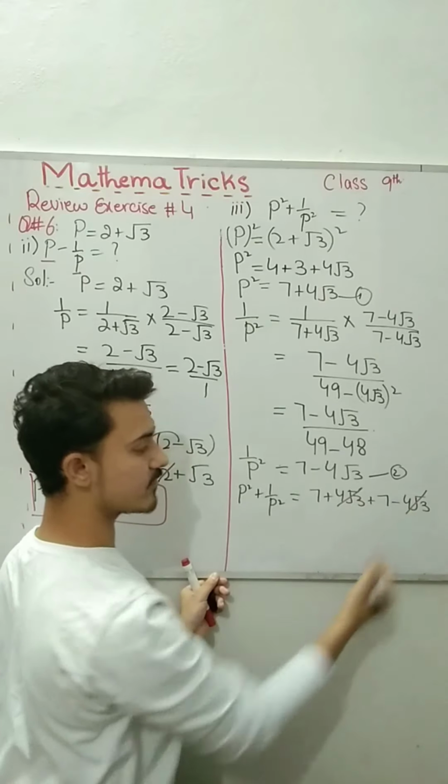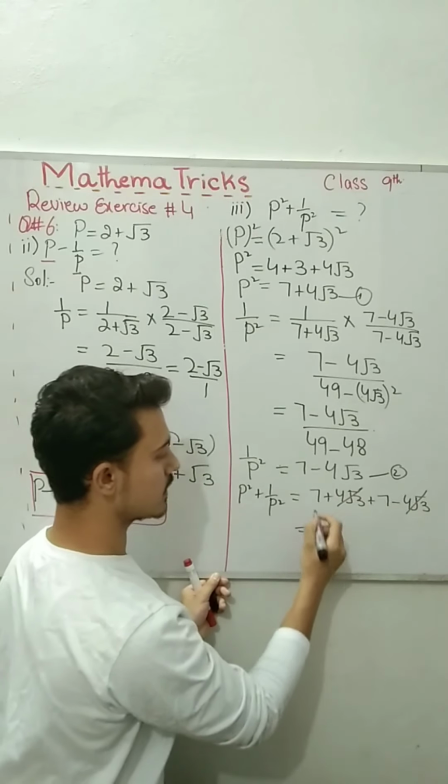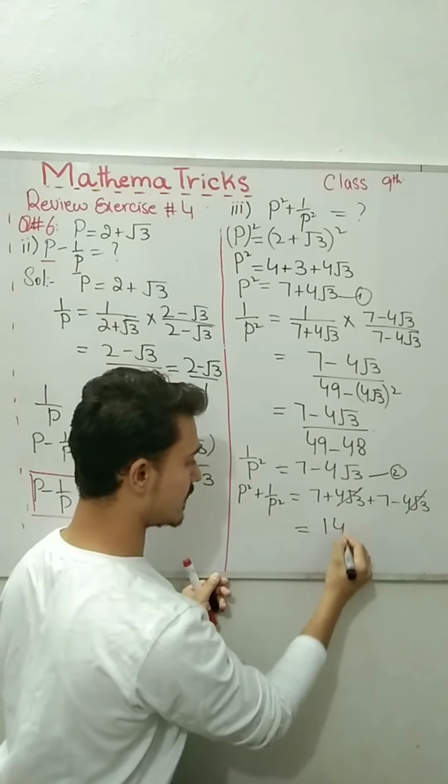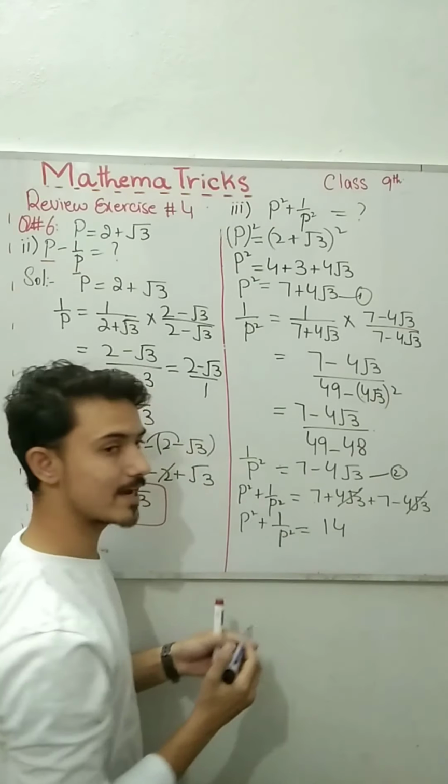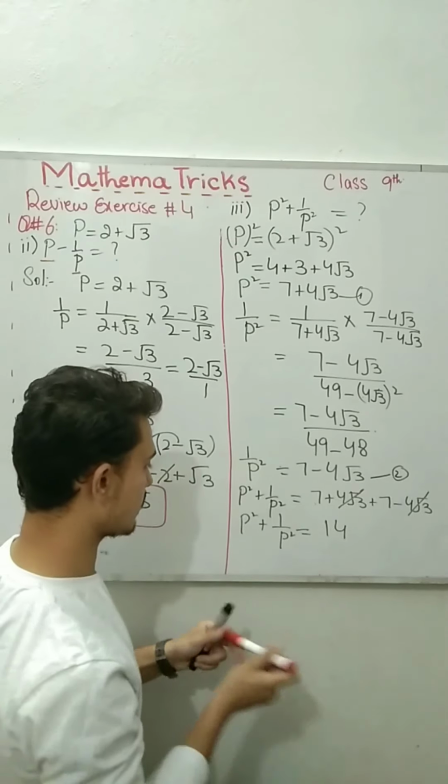Positive term, negative term will be cancelled out. What I got? 7 plus 7, 14. This is the value of p square plus 1 over p square. That's what we need to find in part